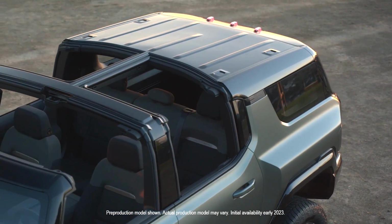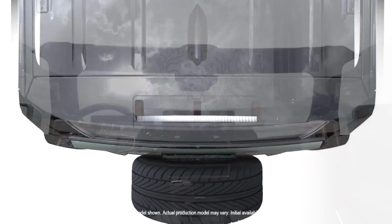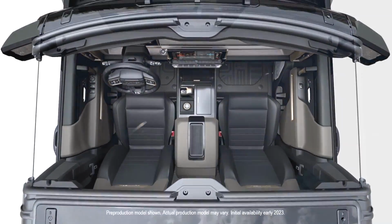It pretty much makes this vehicle into a convertible similar to what you'd find in a Wrangler or a Bronco. I also like the fact that it is tinted so that if you have the sun blazing down on you, there's no cover here, but this tint should provide a little bit of extra protection and remove some of that heat